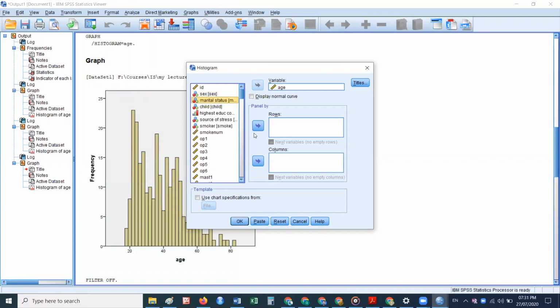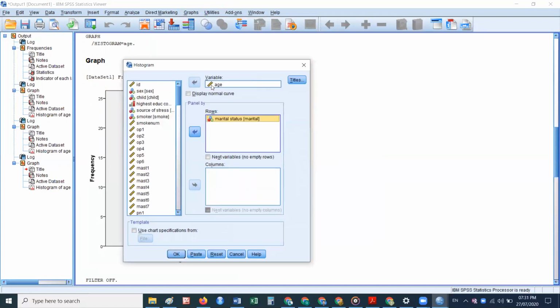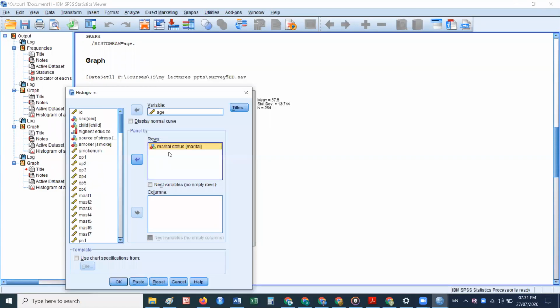Suppose I want to construct the histogram of ages with the help of the variable marital status. I am just choosing a qualitative variable. You have to choose a quantitative variable in the first option. In the second option, either in rows or in columns. If you want to construct the histogram row-wise, then you have to place the marital status row-wise. Otherwise, you can select it column-wise. This time I am choosing it column-wise. The nominal variable is in the columns and the quantitative variable, age, is the variable, because a histogram is constructed for a quantitative variable.